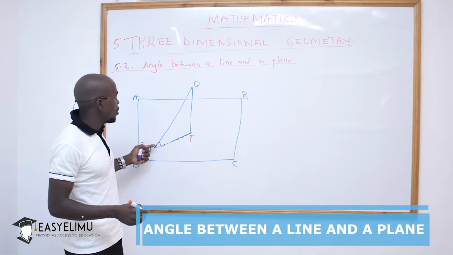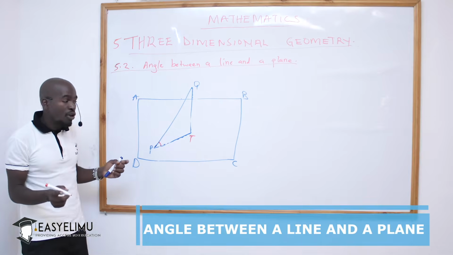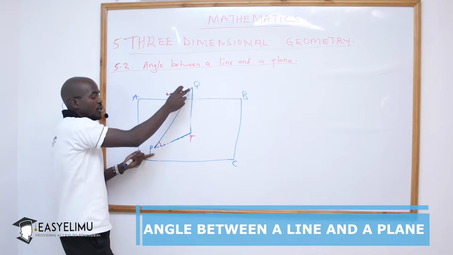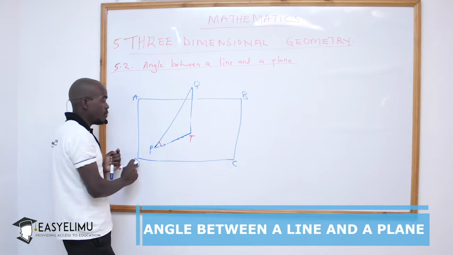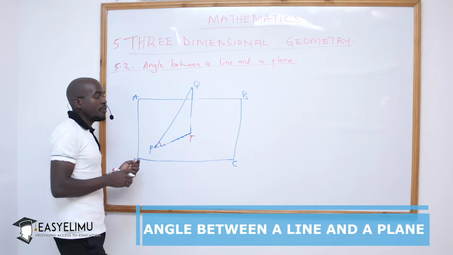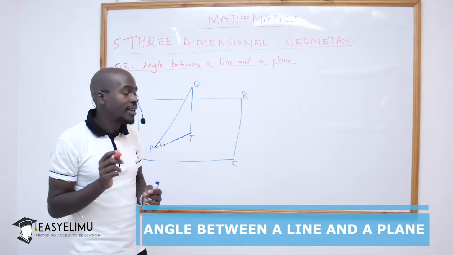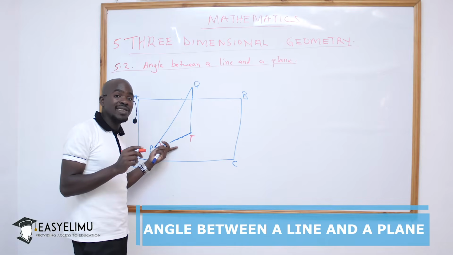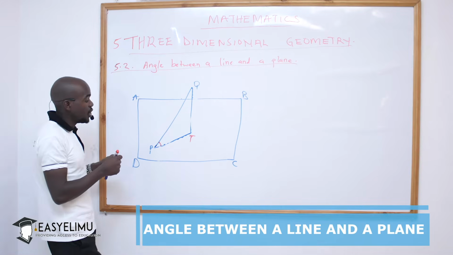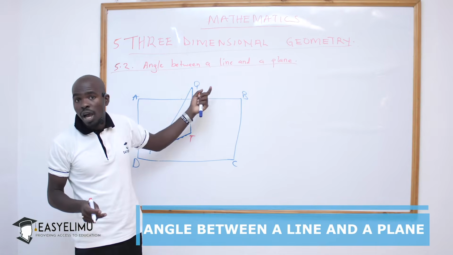So the angle formed between PQ and PT is the same angle formed between the rod QP or PQ and the plane ABCD. So if we want to find the angle between the rod and its projection, which is the shadow, it is just the same as finding the angle between the rod itself, which is line PQ, and the plane